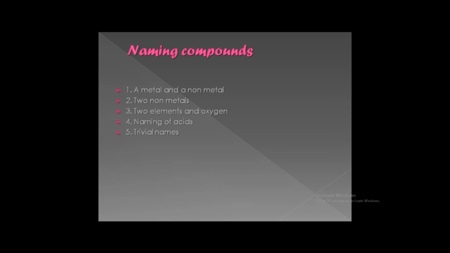First one, NaClO. How to read? Na and Cl will be as such. So what we will do, oxygen number here is 1, it is less than 2, so you will add hypo and the compound will be read as sodium hypo. And for chlorine you will add a suffix -ite, so the compound will be read as sodium hypochlorite.